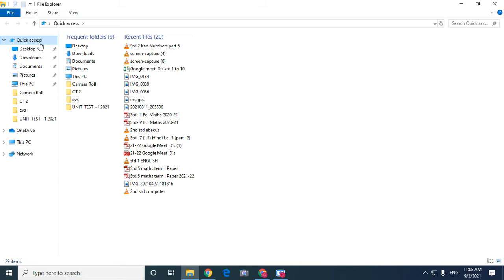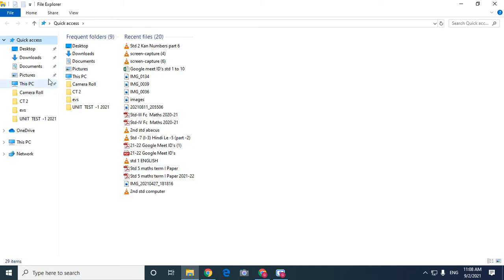So mainly there are three parts of this File Explorer. The first one is the ribbon. What is there in the ribbon? The ribbon is a part of File Explorer which has file, home, share, and view. The next part is quick access. Coming to the next one, that is the folders.